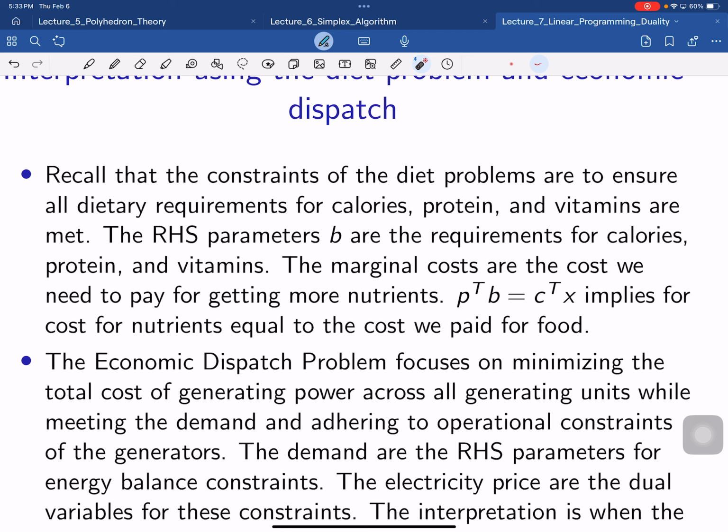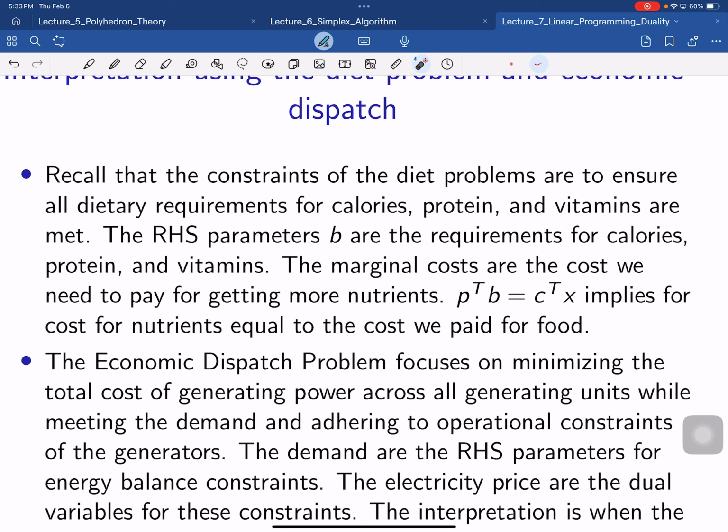Actually, they have to face an hourly variation of electricity price, because the supply and demand will change on an hourly basis, especially now that you have more solar and wind, which are highly affected by weather. But then how do they decide how much money they are going to pay at each hour? The way they pay the electricity bills is based on the dual variables of a linear program. So you can think about matching the supply and demand as a linear program. You want to minimize the total cost of satisfying the demand given the different types of electricity generators you have,